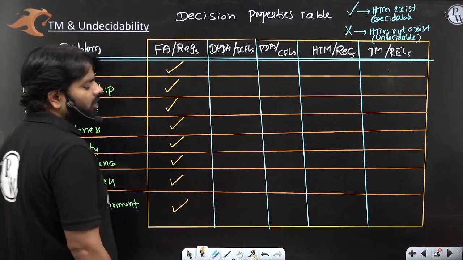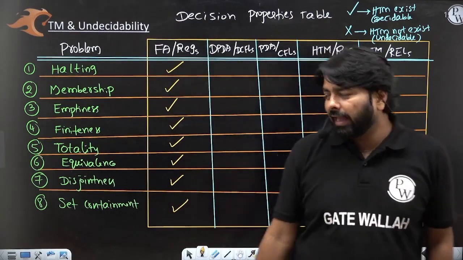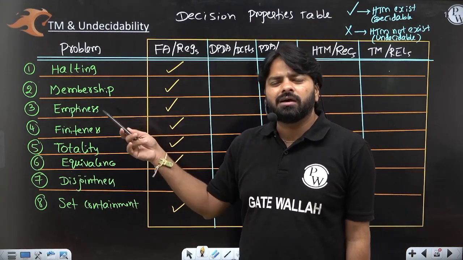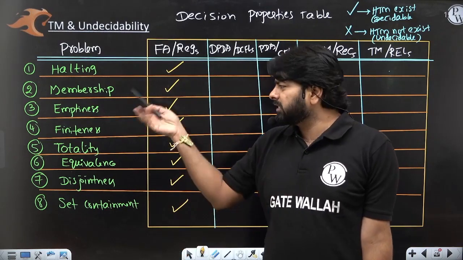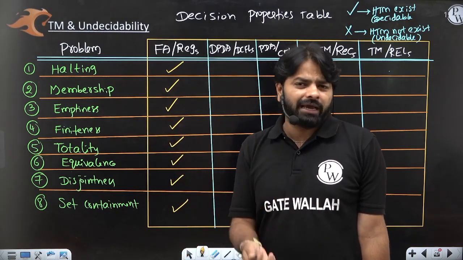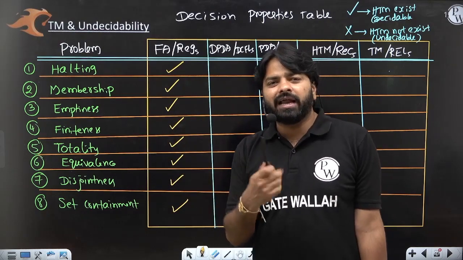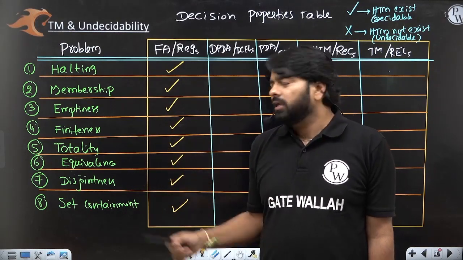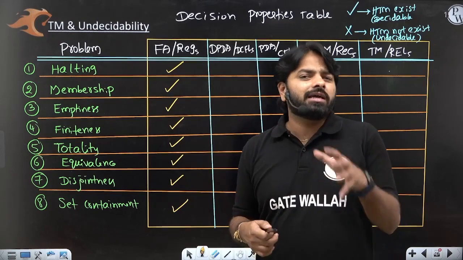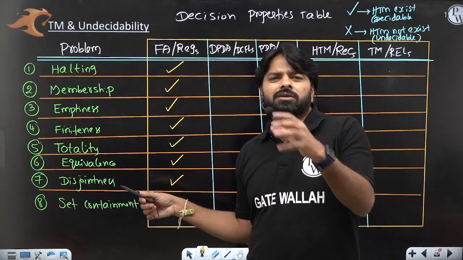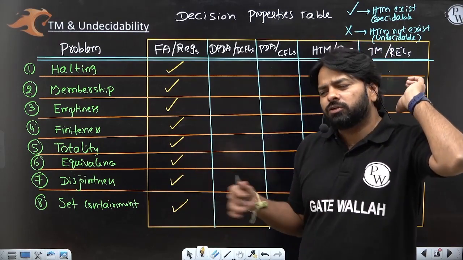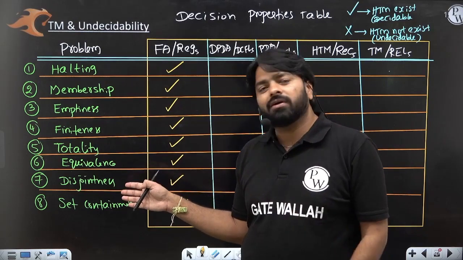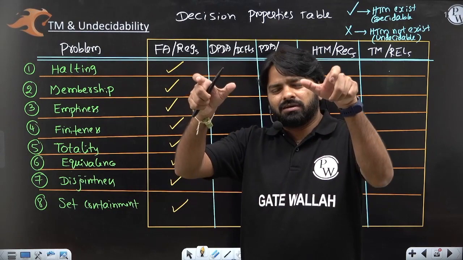When the input is a finite automaton, regular expression, regular grammar or regular language, all these problems are decidable. You can ask whether the given finite automaton accepts any string, which is decidable. Emptiness, whether it accepts the empty language, is decidable. Whether it accepts a finite language is decidable. Whether it accepts every string in sigma star is decidable. Whether two given finite automata are equivalent is decidable. Then, with two machines given, you observe whether the languages accepted by the two finite automata